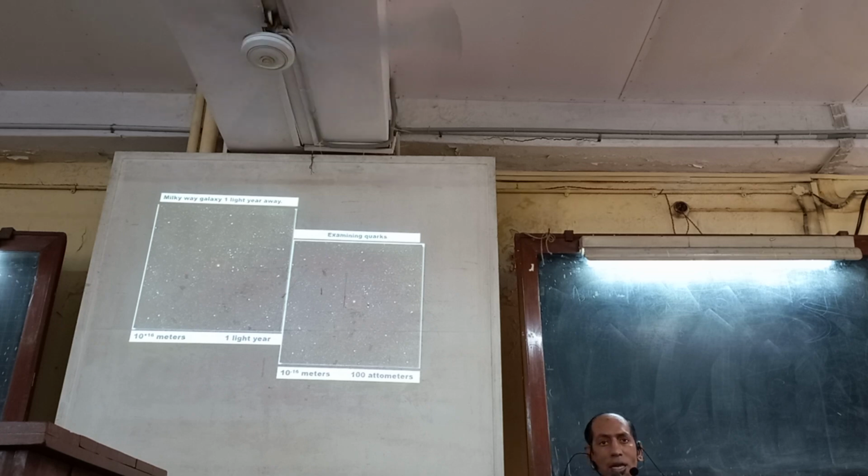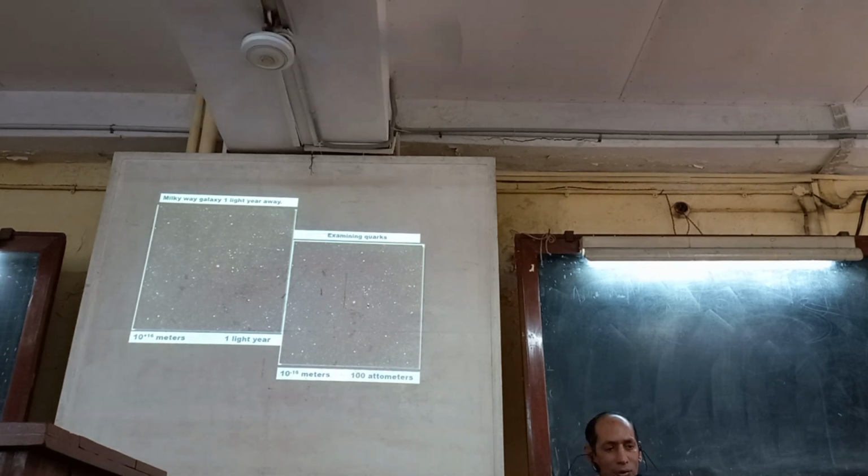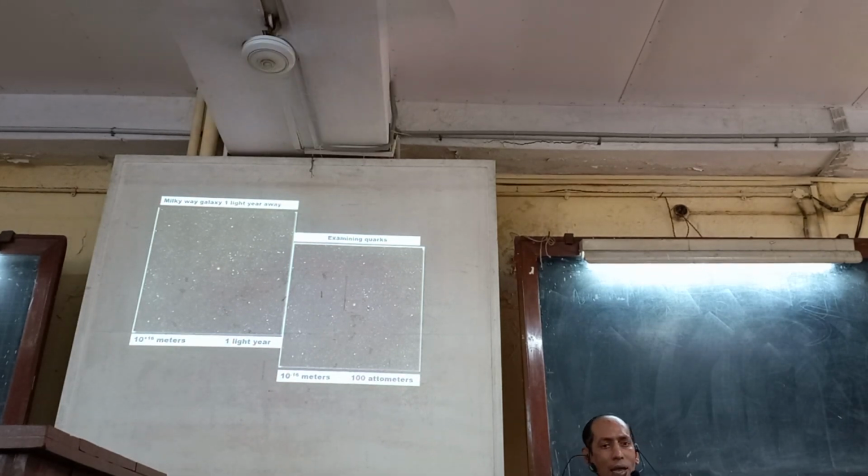Which of the two has a grander view? Both are the same. So where the telescope ends and the microscope begins, which of the two has a grander view? Victor Hugo did not know it. Now you all know it. The view when you go too close to the substance or too far away, both are the same. Okay? The next topic that we are discussing is